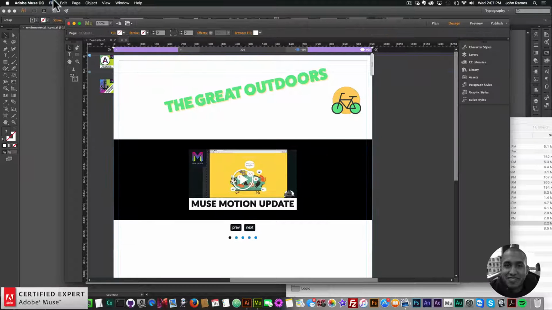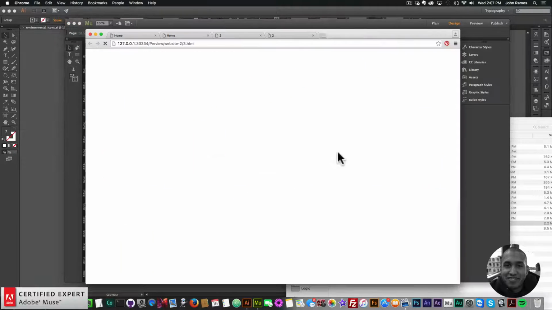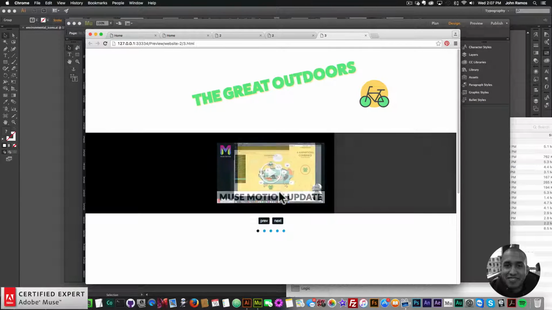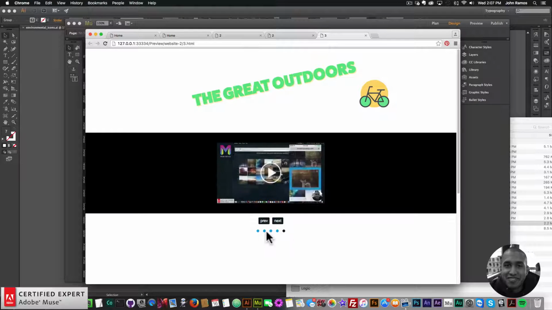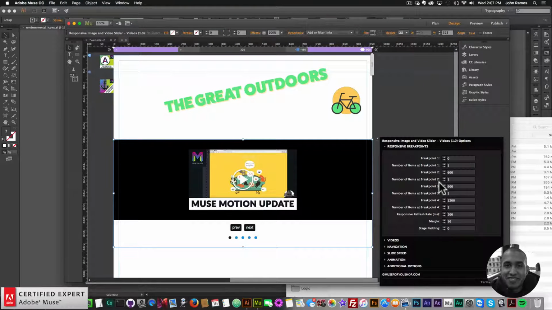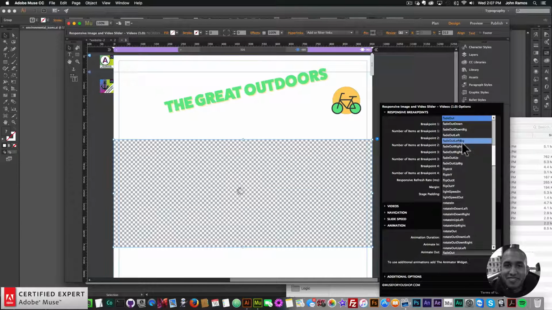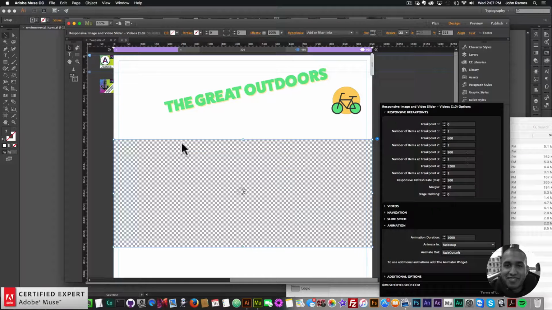All right, so if I go to File, Preview Page in Browser, and I scroll with my mouse wheel, we have that fade in, fade out animation, and I can click next and go through the dot navigation just like that. And I could add the animation to this one as well. So if I go to animation and I say fade in up and then fade out left, we can see how that